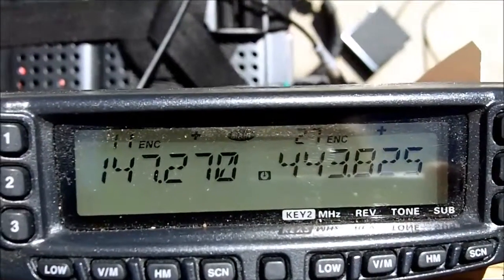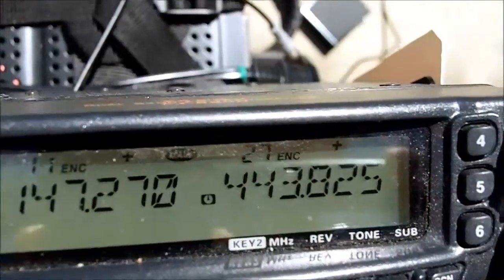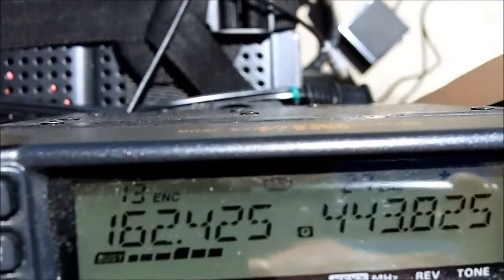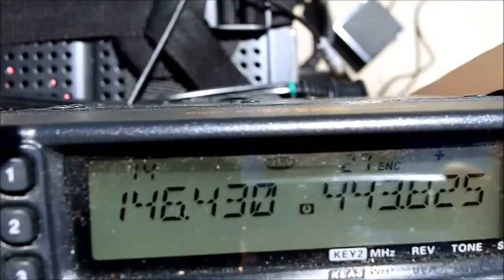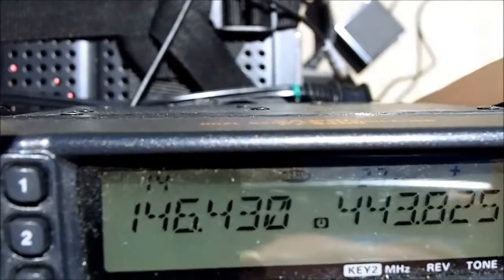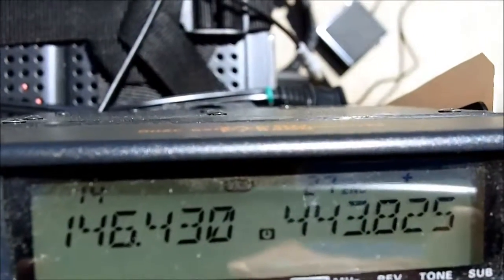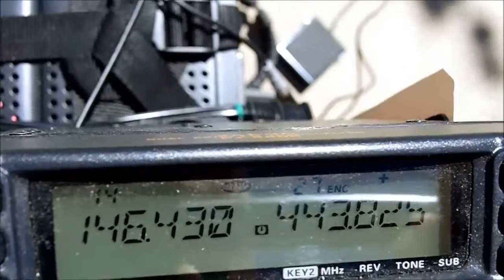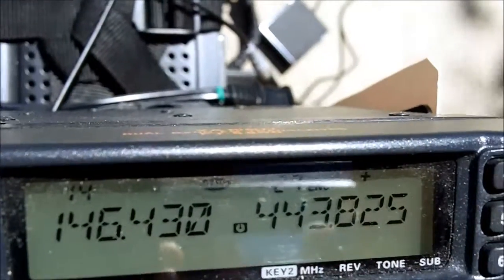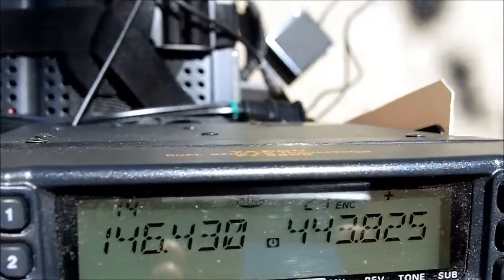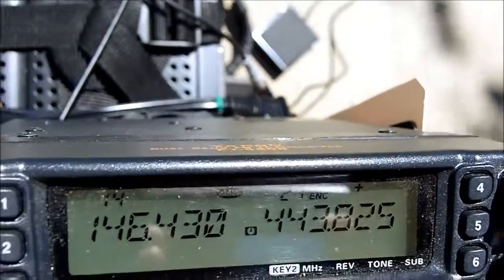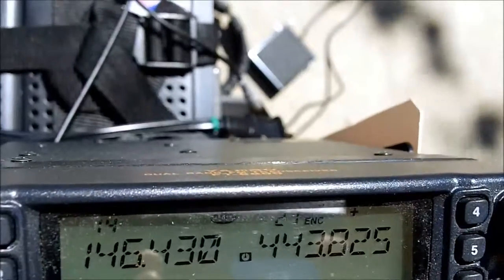Okay, 11 is another repeater. Now, 13 is the Weather Channel. 14 is the Rossmoor primary frequency. It's also the same as Memory 70. Oh, 14 is the same as 70. That's okay, that makes sense now. If we check in on 14, we have a few dingles here. We'll just pause. One quick